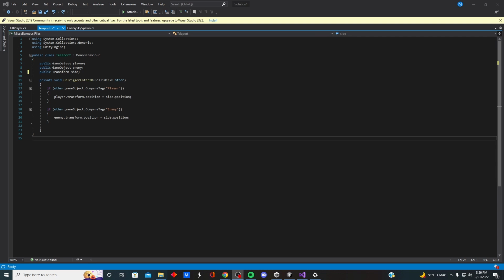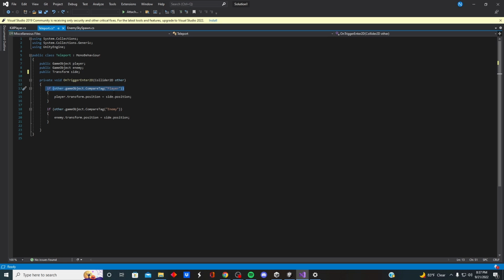So we have our public variables here that the Unity editor can pull and I can adjust as needed. We have our new private void with the OnTriggerEnter2D. And from my understanding, basically what that does is it runs the rest of the code when it detects a collision. So I have some edge colliders, as you saw, set up on the sides, and when they detect another collider running into them,